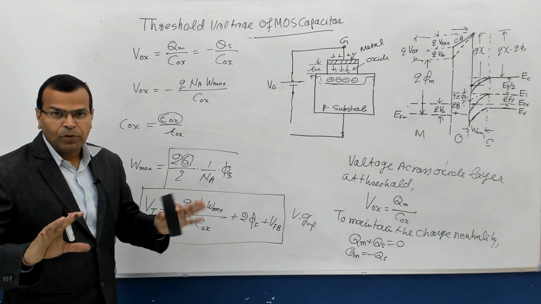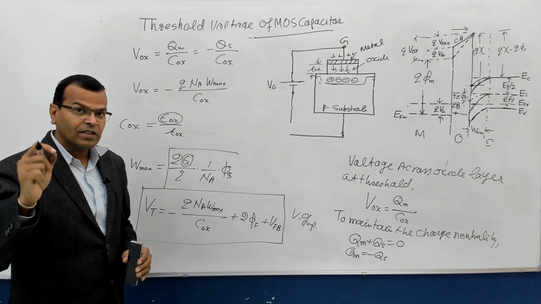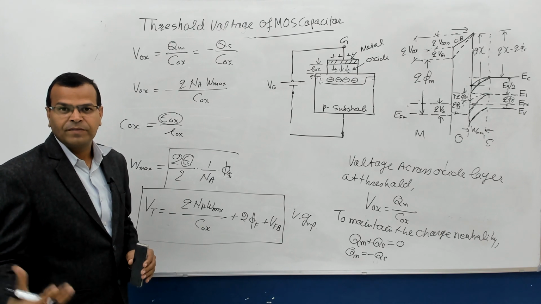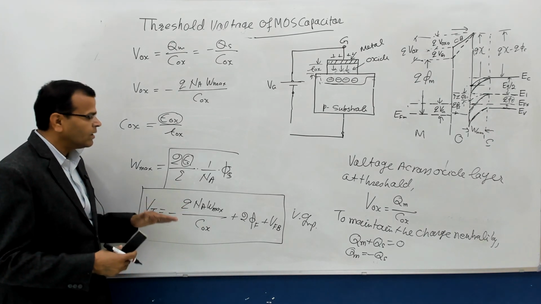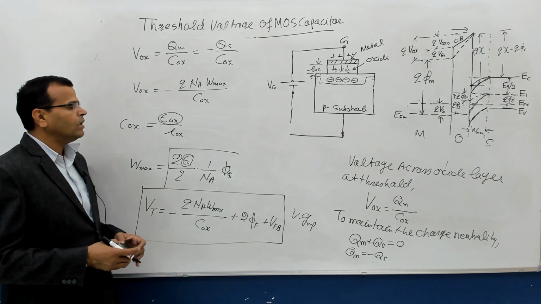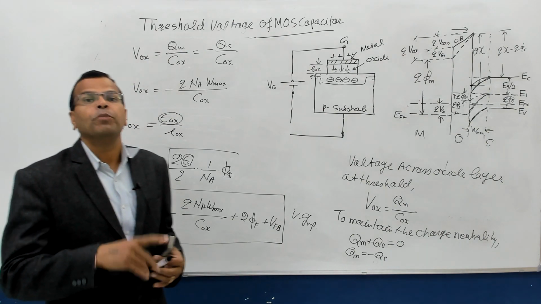Mugging up is not possible. Understand the concept, and you will remember all the formulas. Fine. So this is nothing but the threshold voltage. I hope the concept, the expressions and the formulas are clear, and their importance is also clear